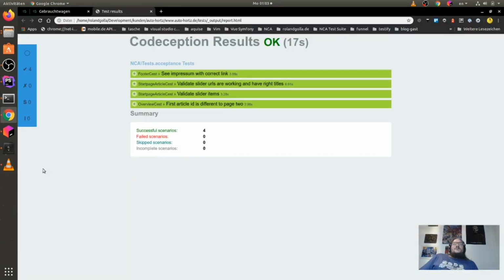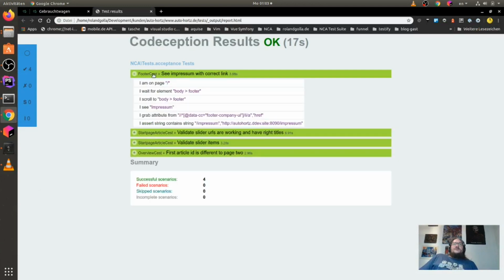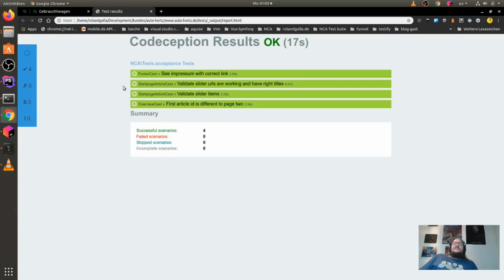Wow, we have 4 tests here. There's a footer test. Actually not the most spectacular test, but this test is better than nothing tested, and it also will find if your start page is loading, so maybe this is some kind of the simplest test that will work.